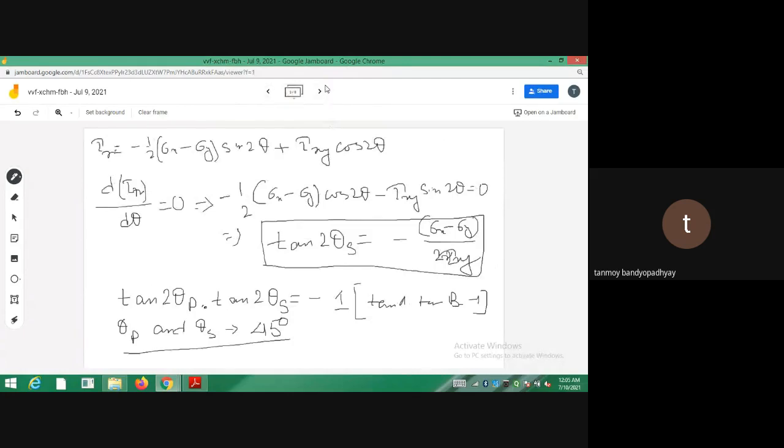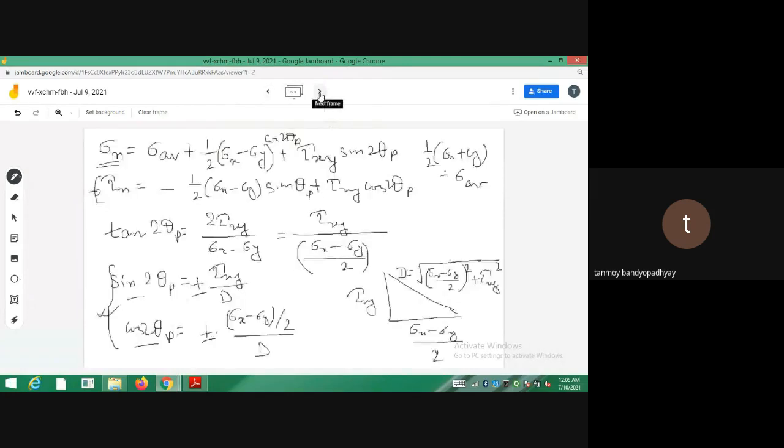So just the thing I discussed was you have tan 2 theta p. So this formula is a very important formula. So whenever in any problem you are supposed to find out the orientation of the principal stresses, you have to use this formula. So there will be problems in the exercises where you will be given tau xy, sigma x, sigma y. You have to put all the values. You will be getting something. You will be calculating theta p. So now I am getting two values of theta p.